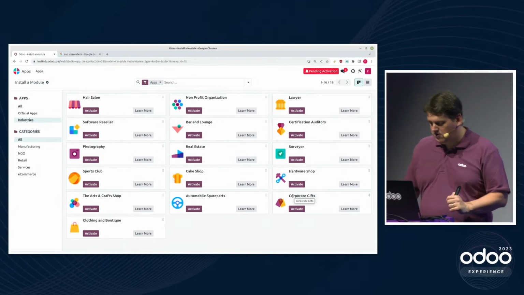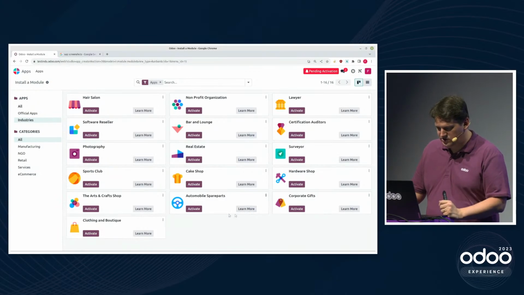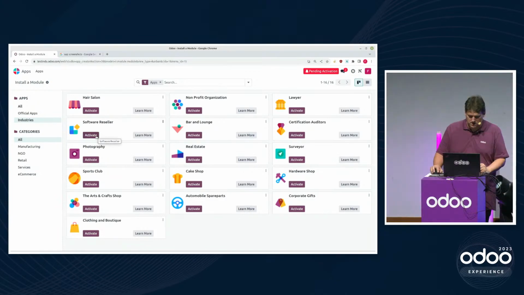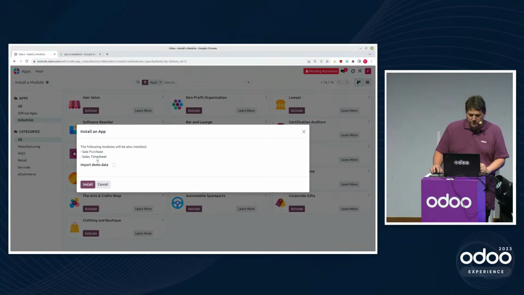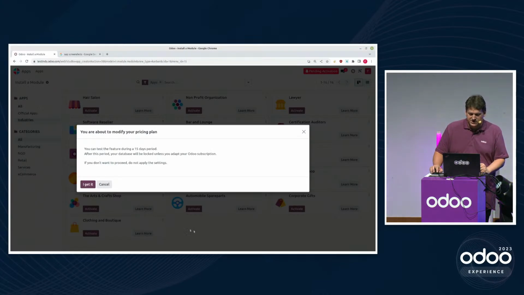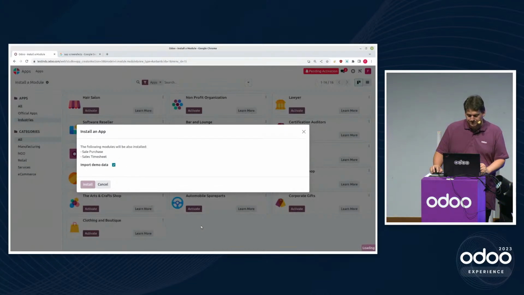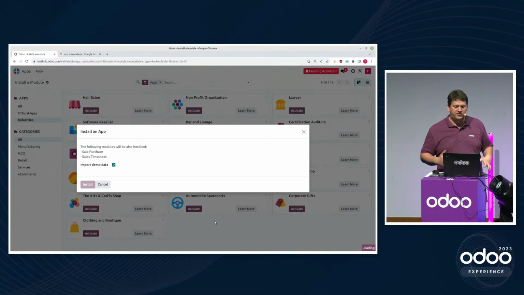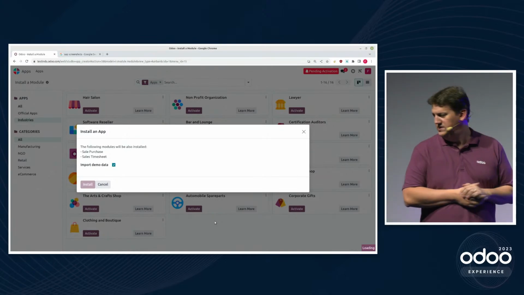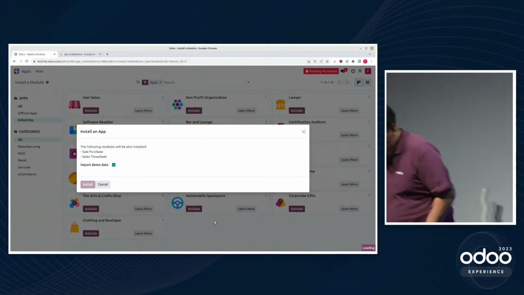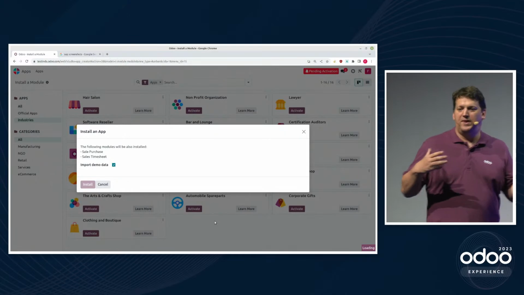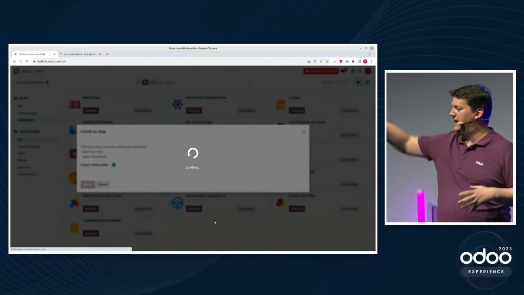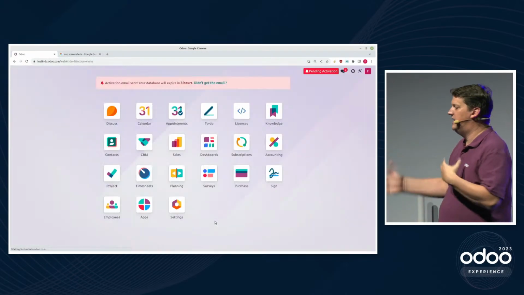Let's have a look. So maybe I pick one of the industries just to test, software reseller. You click, you install the industry. You can choose to install it with or without demo data. I will do it with demo data. And so it will install everything I need to run such an industry. So which one did I pick? Software reseller. So we'll have something where I can sell licenses to clients, purchase the license, manage the license lifecycle,